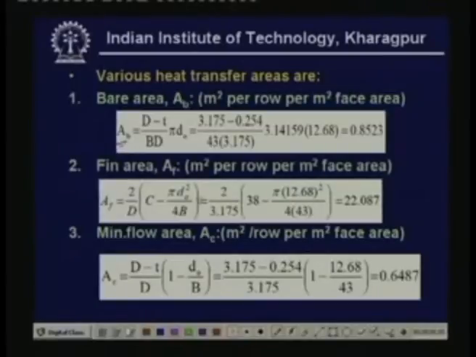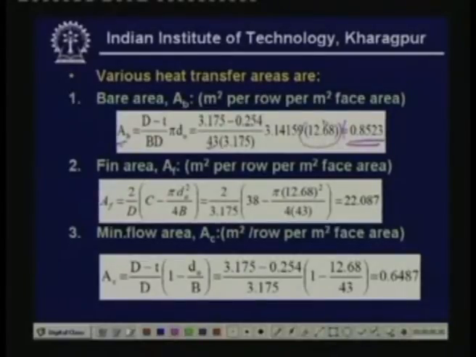AB is given by (D minus T) by BD into pi D naught, where D is the fin to fin spacing, that is 3.175 millimeter, minus 0.254, the thickness of the fin, and B is the center to center spacing between two tubes in a row, given as 43 mm. D naught is the outer diameter of the tube. If you substitute all these values, you get the value for AB,